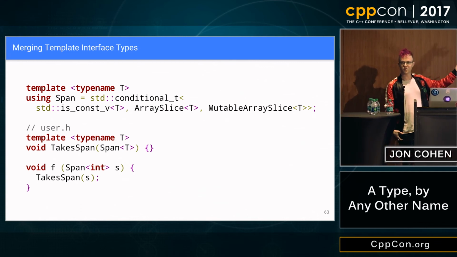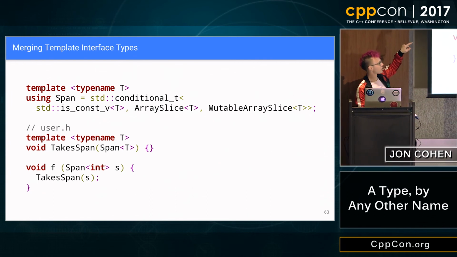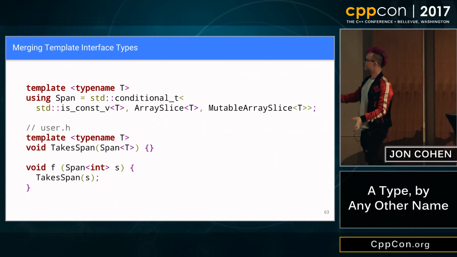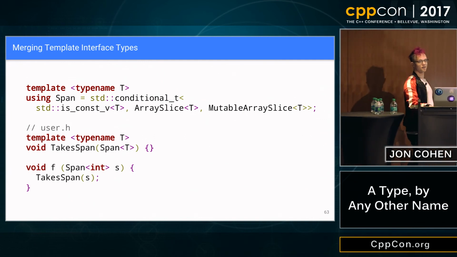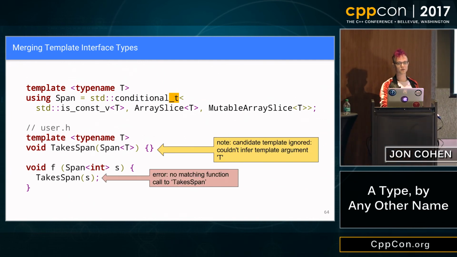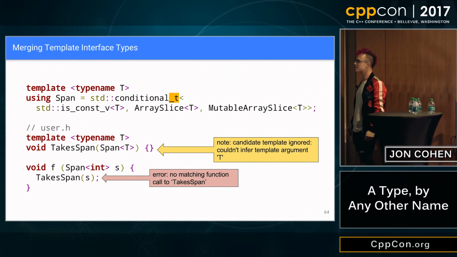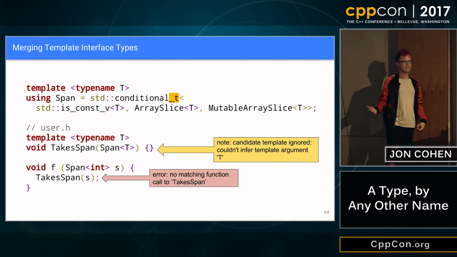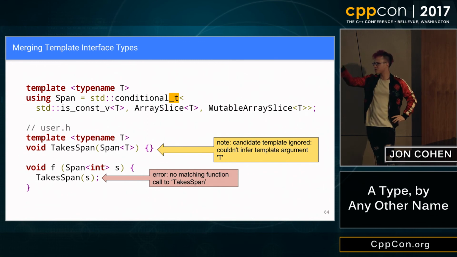Because looking at this, it's really intuitive to say, well, we're taking a span of int, and we're passing it to a thing that takes a span of T, so obviously T must be int, right? This is a very intuitive thing for us to say. But span is a dependent type. Its type depends on its template parameter. So we see no matching function call to take span, and the first time I saw this error message, I was absolutely floored. I did not know about dependent types, and I sat back and just thought, I have no idea. It's right there. It's right there. Like, it matches up.